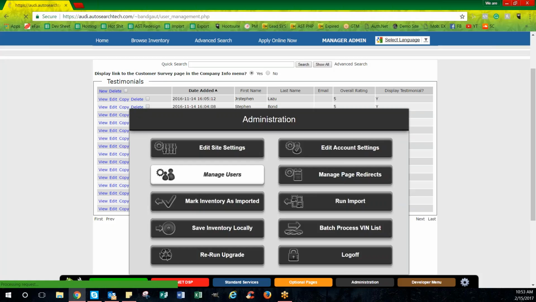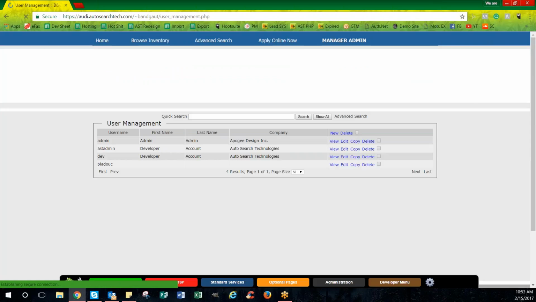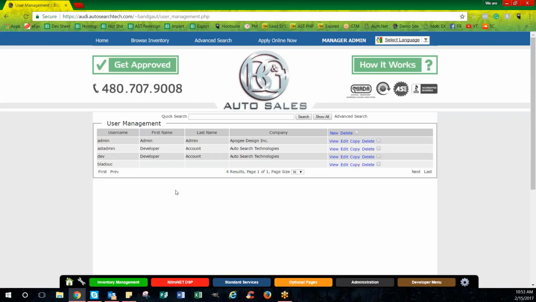You can do the same exact thing if you have any other employees that you want to give access to the website to or anything like that. But